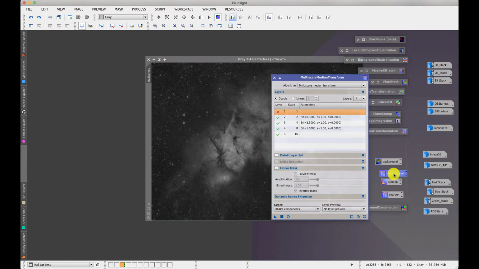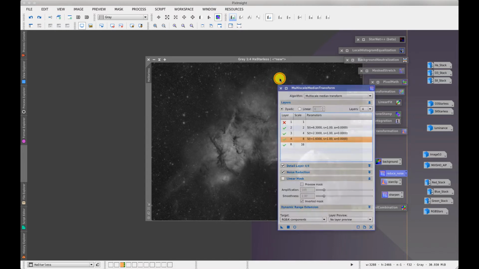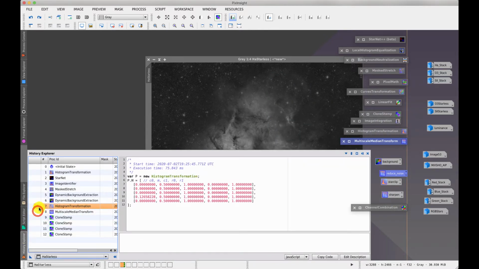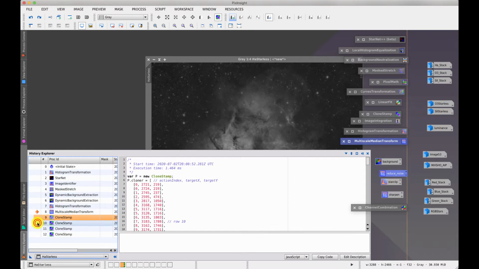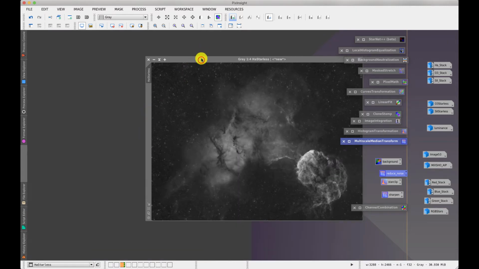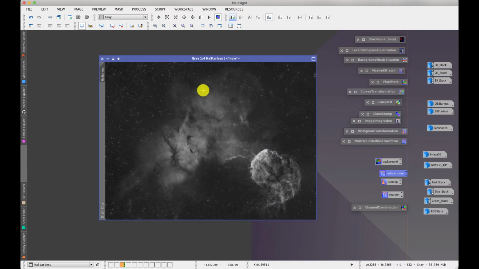Because we're only worried about nebulosity, and typically nebulosity isn't particularly sharp, I removed the first scale by just double clicking it, and on the others I put in quite a heavy dose of noise reduction so that our nebula image is nice and smooth and it doesn't necessarily create colour noise. So back to our History Explorer. Having done that, the image is a little bit softer and smoother, and then some doses of clone stamp to get rid of some of those stars, and that brings us back to where we started, which is a well-balanced